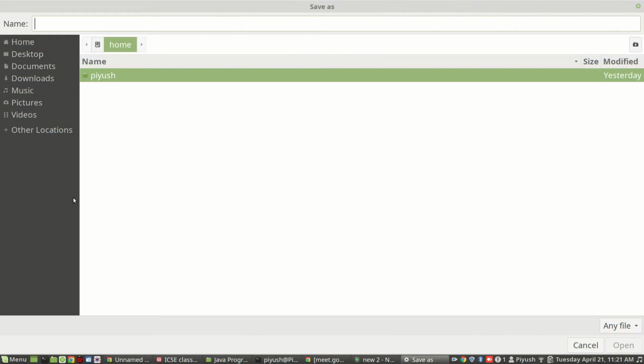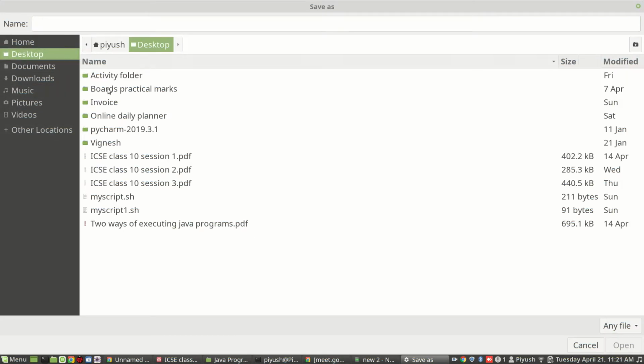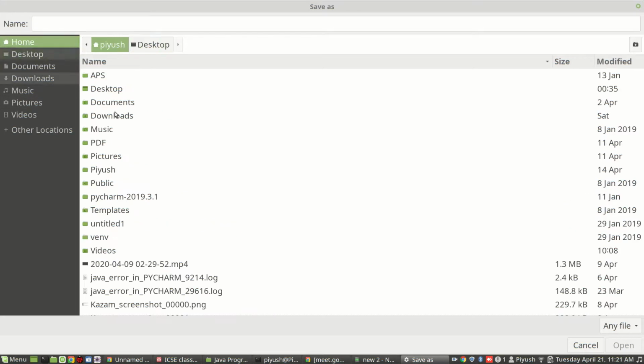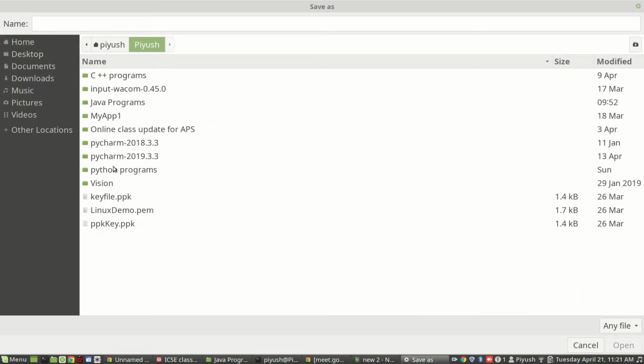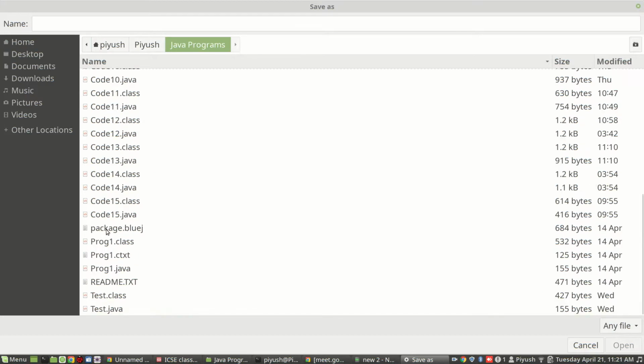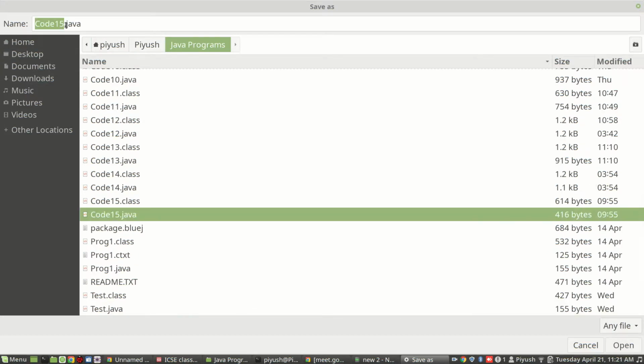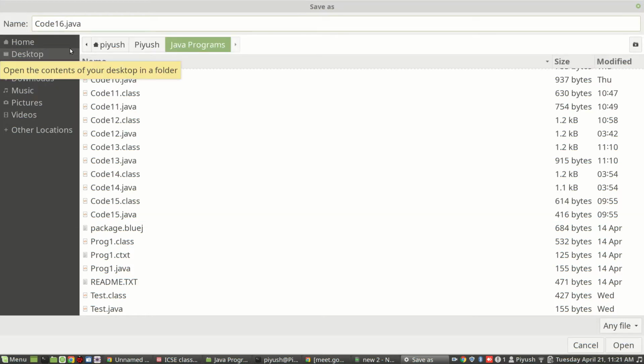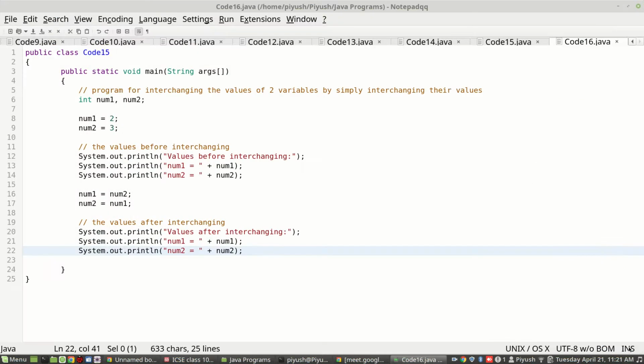Okay, I'll save it. I'll give it a name, and the name should be the same as the name of the class, 16.java. Okay, I'll change it to 16.